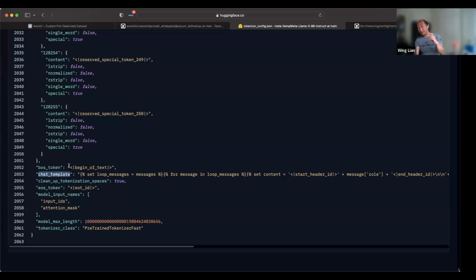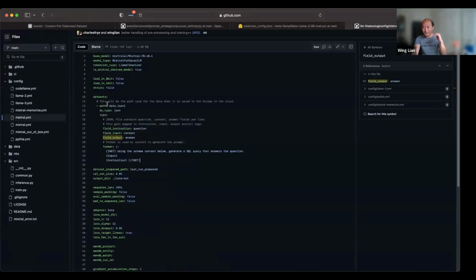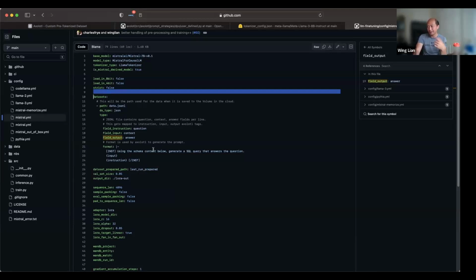In a lot of the copy-paste configs, you'll see chat template right above datasets, and it will automatically set the output format as Llama 3 or Mistral Instruct or what have you. Does that make sense?